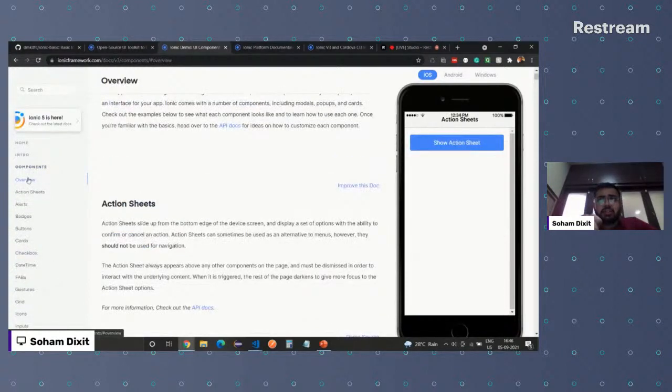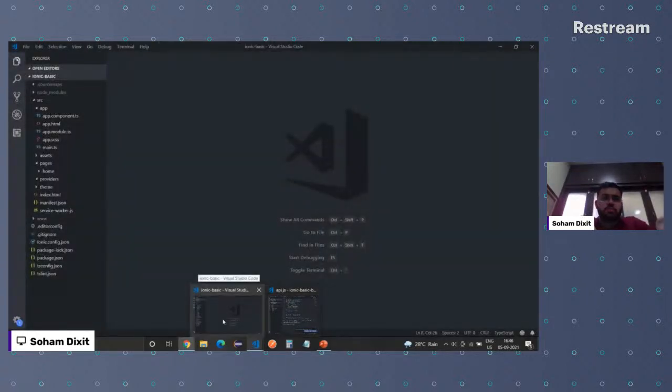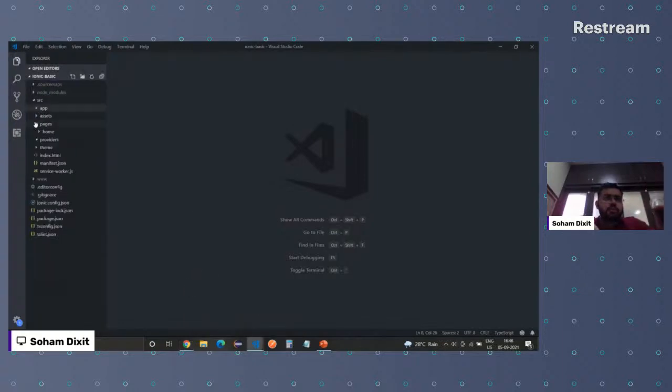And if the component which you need is not available over here, we can even try building our own component. But I won't explain that right now because of the time constraints in this workshop. You can reach out to me anytime later if you wish to learn or explore more on this. So okay, this is the basic setup.